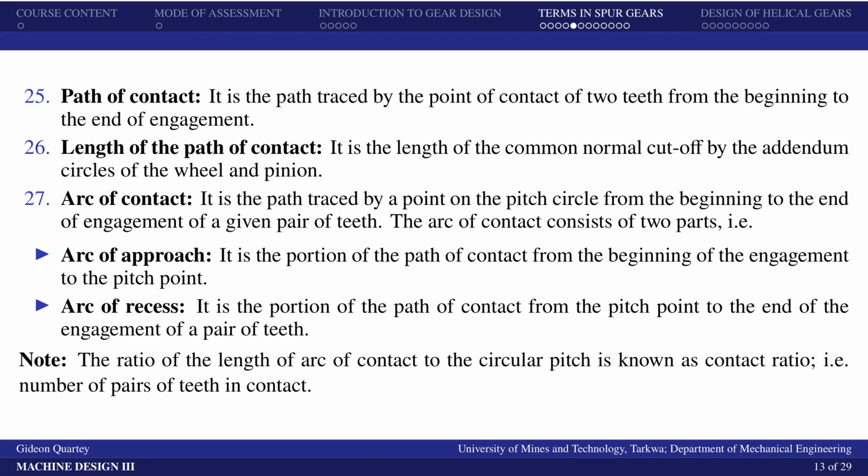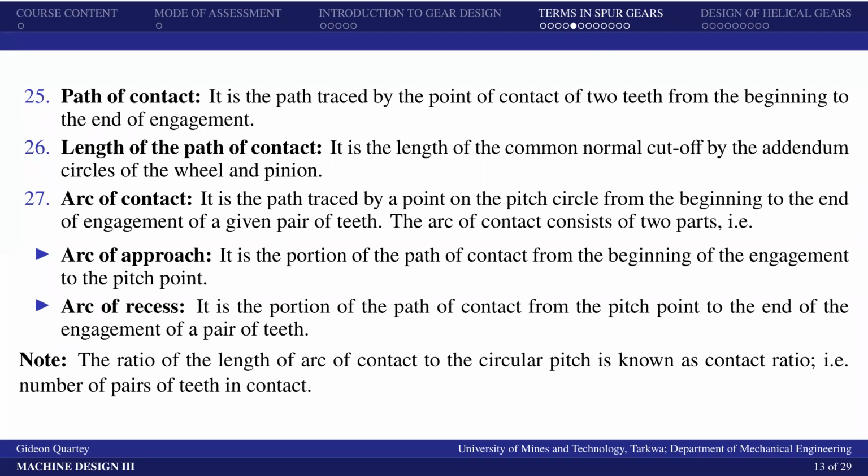This is the length of the common normal cut off by the addendum circles of the wheel and pinion. All right, then the arc of contact is also there. It is the path traced by the point on the pitch circle from the beginning to the end of engagement of a given pair of teeth. So when the teeth are engaged, we have the path traced from the pitch circle, which we can measure from the pitch point. As they roll over one another, by the time they disengage at a point, we trace that path and we have